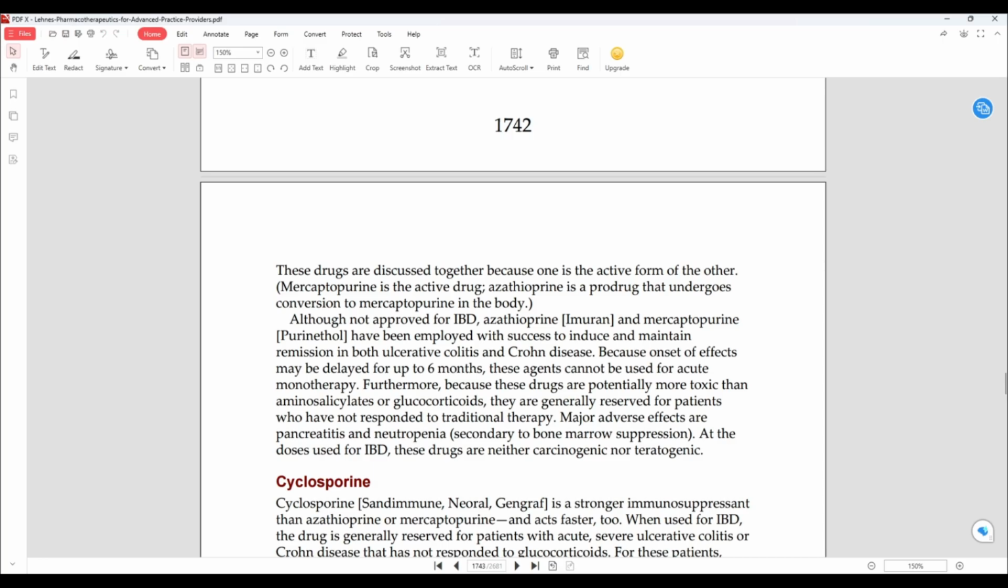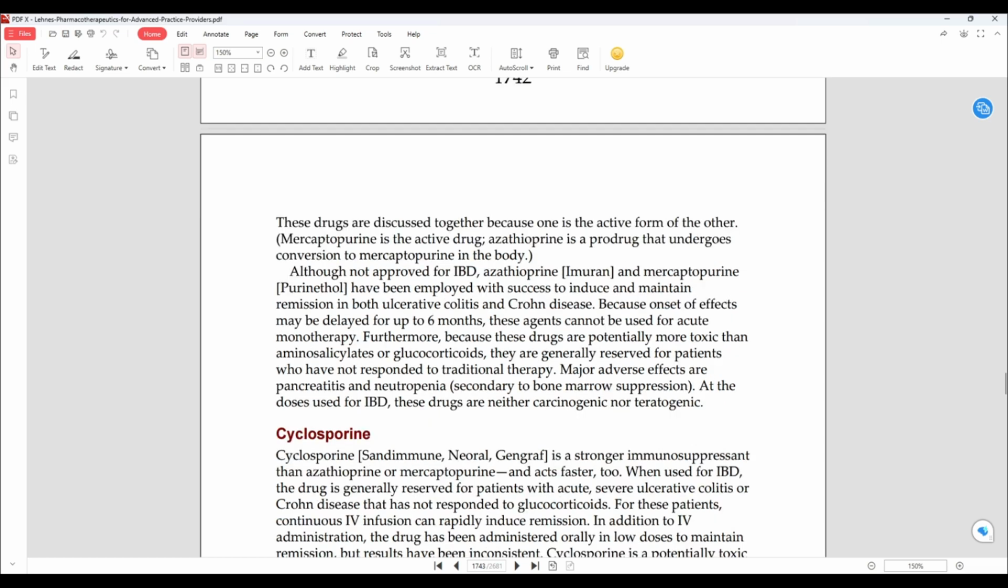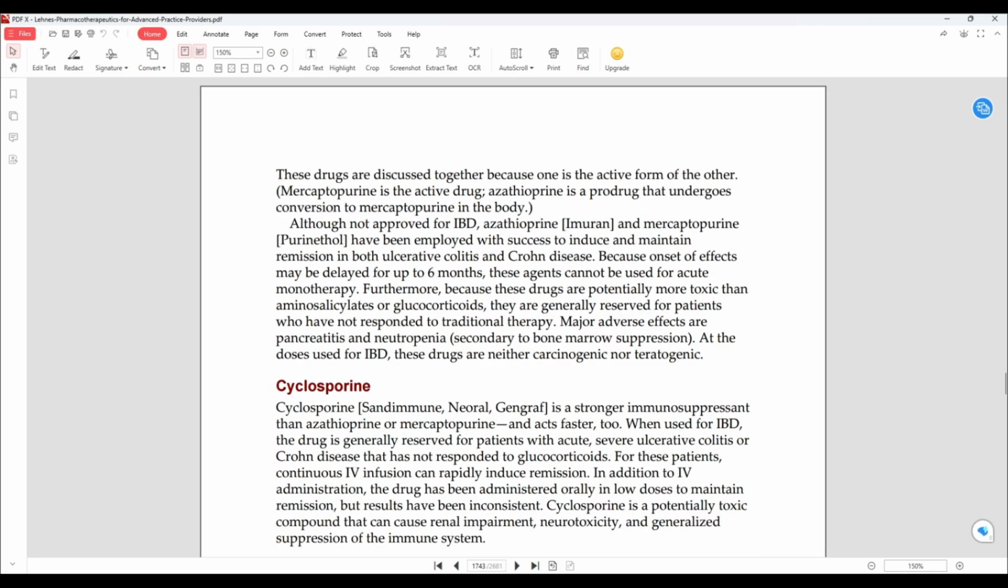Mercaptopurine is the active drug, whereas azathioprine is a prodrug that undergoes conversion in the body. Although not approved for IBD, azathioprine or Imuran and mercaptopurine have been employed with success to induce and maintain remission in both ulcerative colitis and Crohn's disease. Because onset of effects may be delayed for up to 6 months, these agents cannot be used for